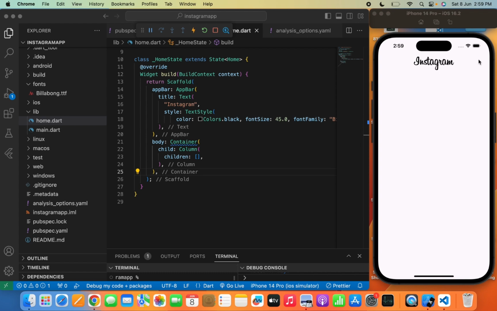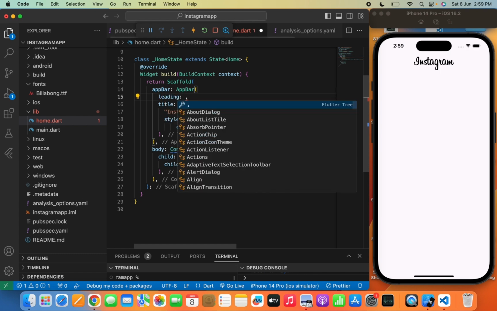Icon and send text message. Basically, in the app bar, if we want to show an icon on the left side, I mean over here, then we need to use leading, and if you want to show an icon over here, then we need to add actions. So let me show you how to add two icons on both sides, I mean the left and the right side. In the app bar, I will simply write leading, and I will simply write Icons